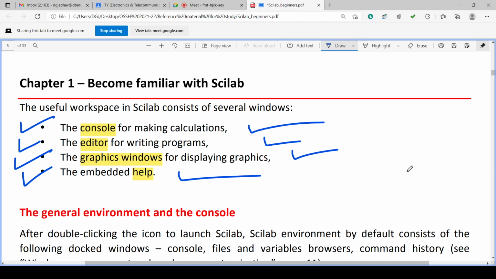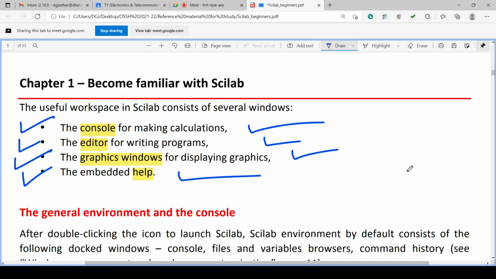In the console, we cannot save the commands executed, and we cannot edit multiple commands. That is a drawback of the console. In the editor, we can edit multiple lines, save them, and execute them all with one click.